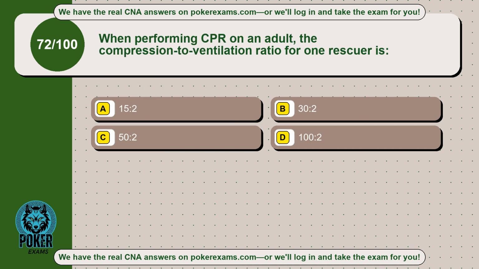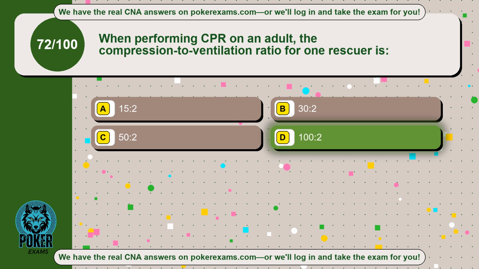Question 72. When performing CPR on an adult, the compression to ventilation ratio for one rescuer is: Option A, 15:2. Option B, 30:2. Option C, 50:2. Option D, 100:2. The correct answer is option D,